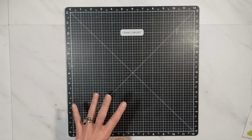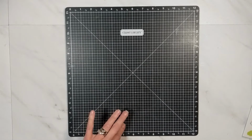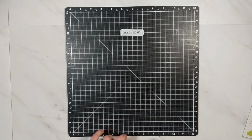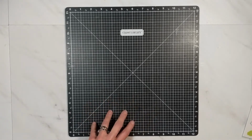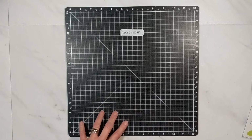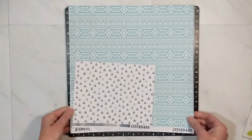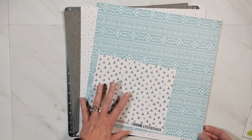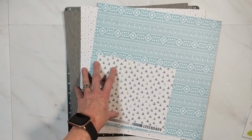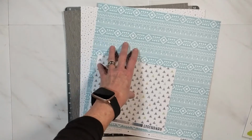All right, without further ado, let me show you my page kits within my kit. I have not pre-selected any photographs, or decided which of the 9 sketches I shall use, but I will be selecting 3 sketches from the 9 to create my layouts and document my memories. So here is the first page kit, and I am playing off the gray in that mood inspiration board, the white, and that mint or aqua,